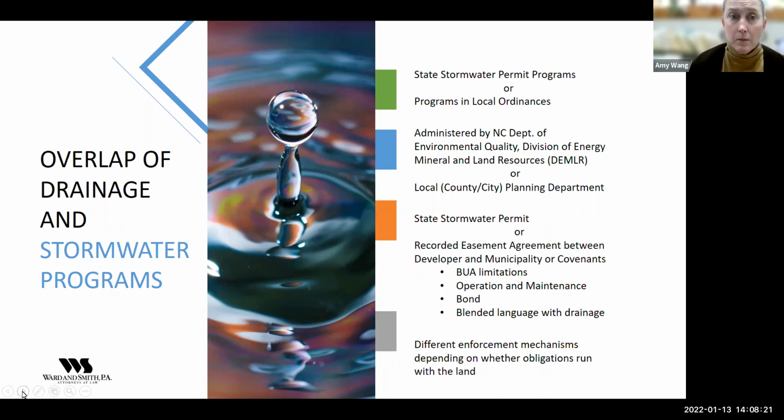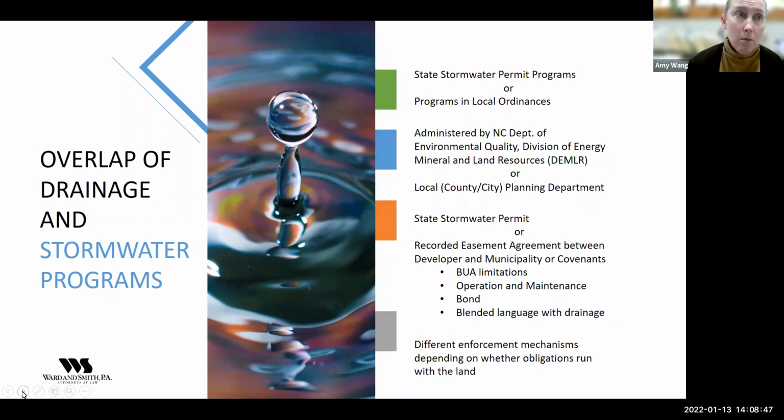Then the actual authority, or what's going to guide what happens and what's required on a daily basis, is either going to be in your state stormwater permit, the actual permit terms themselves, or they may be in a recorded easement agreement between the original developer and the municipality. It may be in the covenants as well.